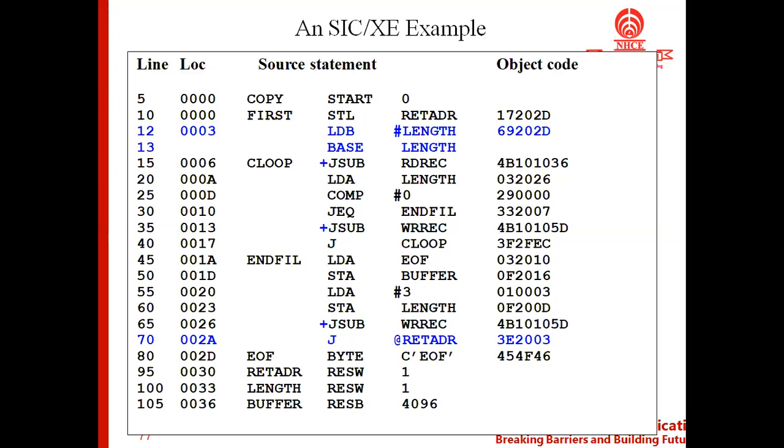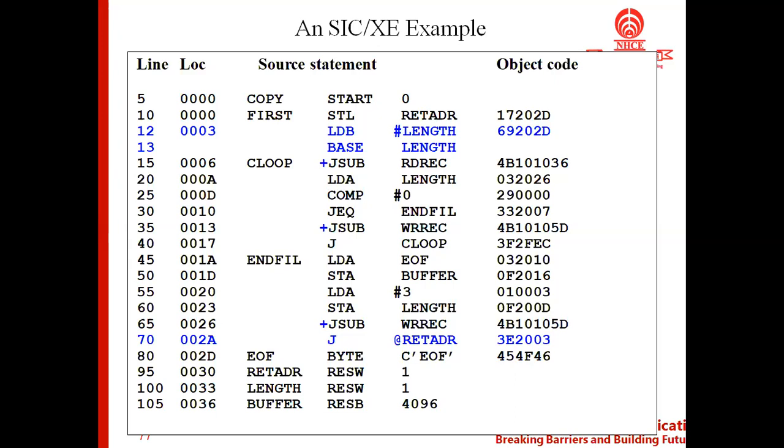And in the same way we have line number 35. Line number 35 also uses format 4 and direct addressing. And coming to line number 55, again it's immediate addressing and it follows format 3.